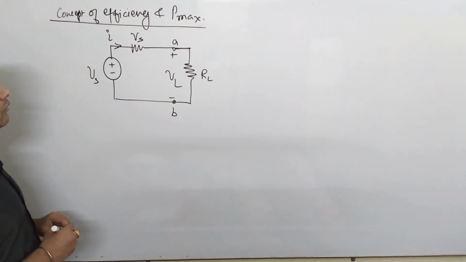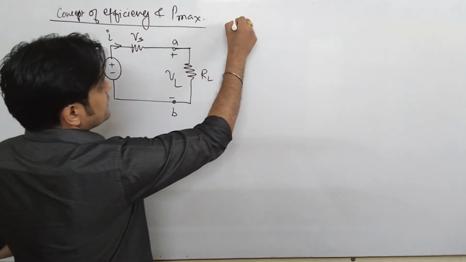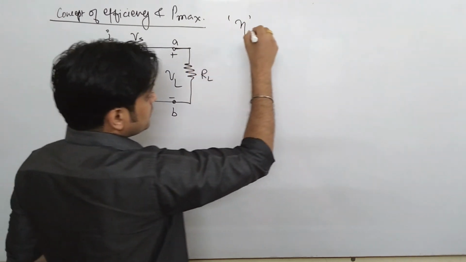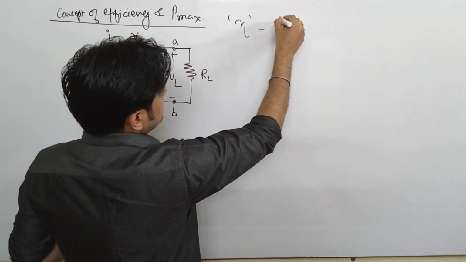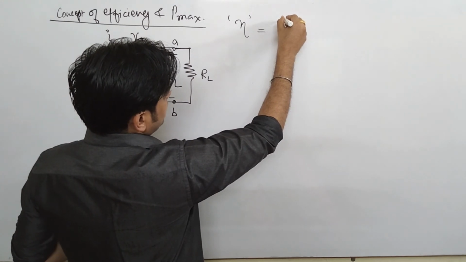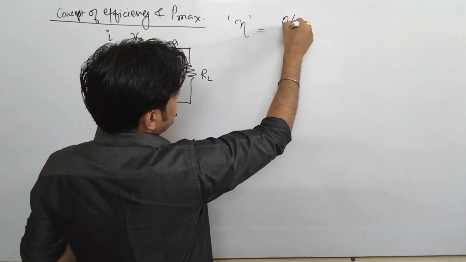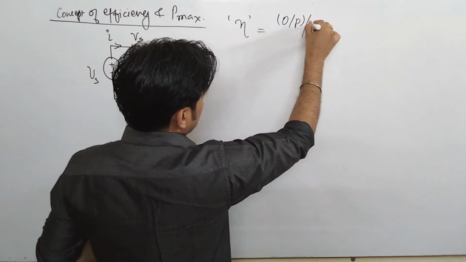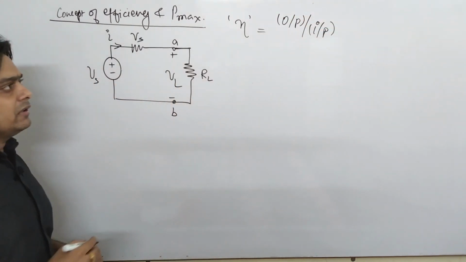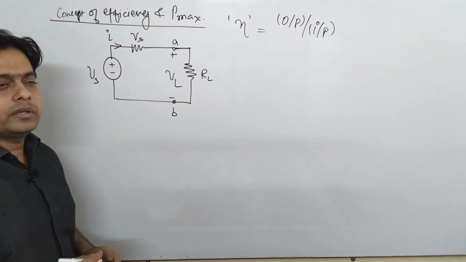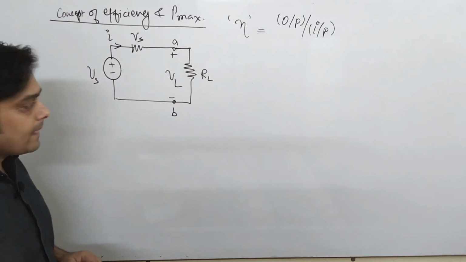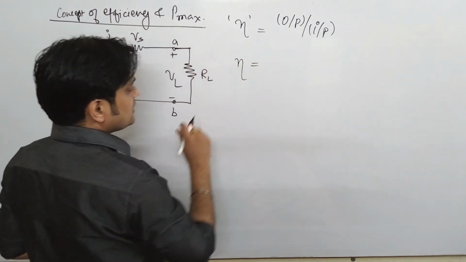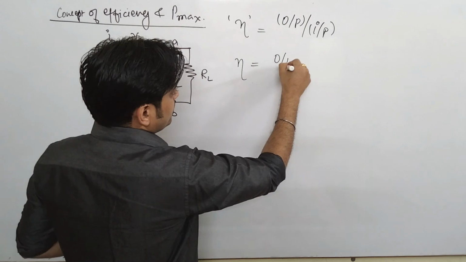Now, first of all, we'll see what is efficiency. You know, you have gone through your subject, so you know about that. Efficiency you can generally call output upon input. Whatever the terms, you call it output upon input and you will find the efficiency. So in case of maximum power transfer, if you talk about the efficiency, you can say that the output